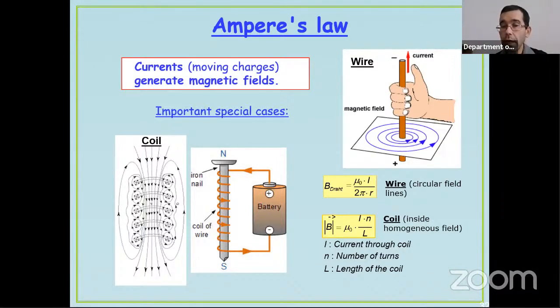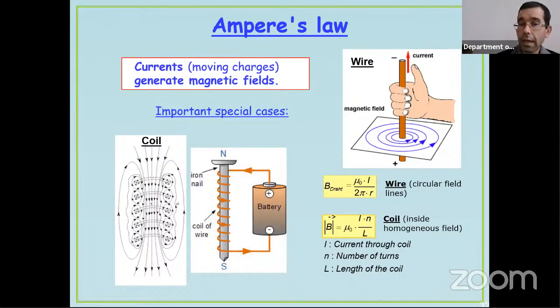The mu zero plays a similar role in magnetism as the permittivity in the electricity. This constant, this material constant mu, is called permeability. So also the name is similar as permittivity. And mu zero refers to vacuum. And if we put the current carrying objects into another surrounding, then we have to use the permeability of the given material.